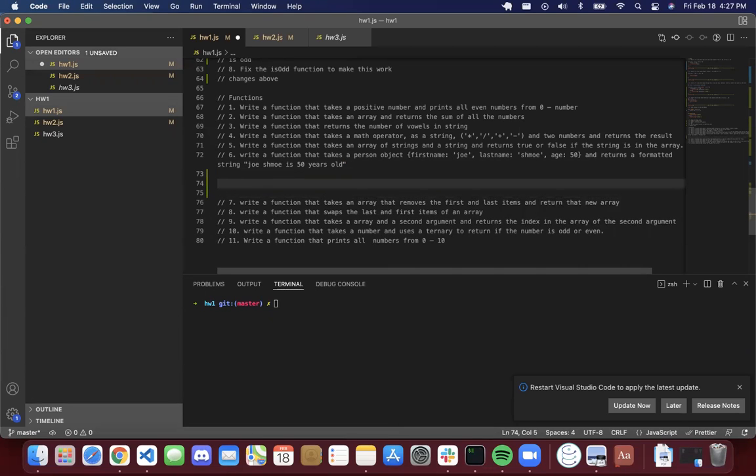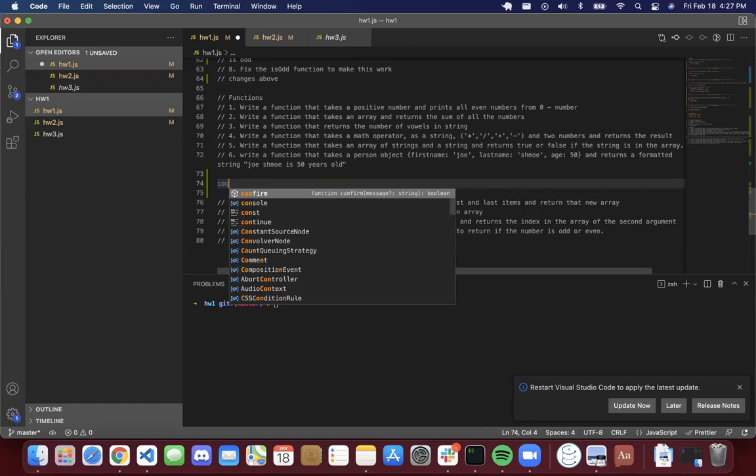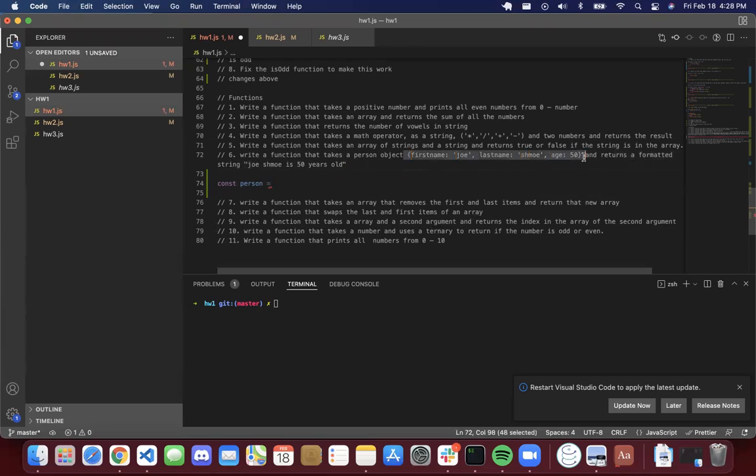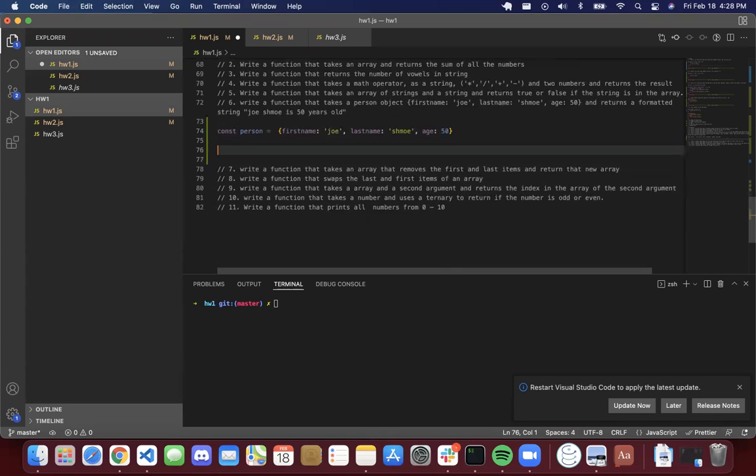So let's see. First things first. I don't know when my tab changed, but it changed to be slightly different. Gonna take a const and declare person object person, and then set this equal to this thing that we're having you look at, because we're returning Josmo. So that is our person's object. So when we do a,